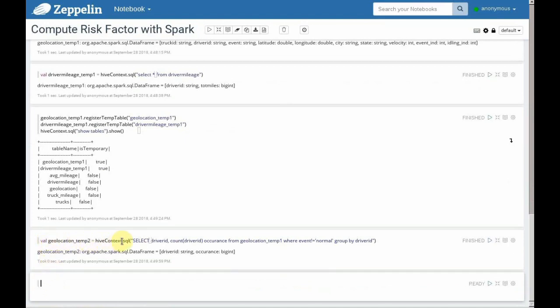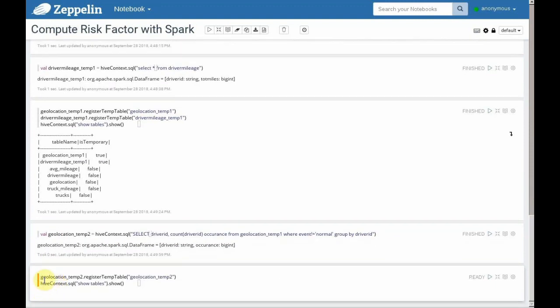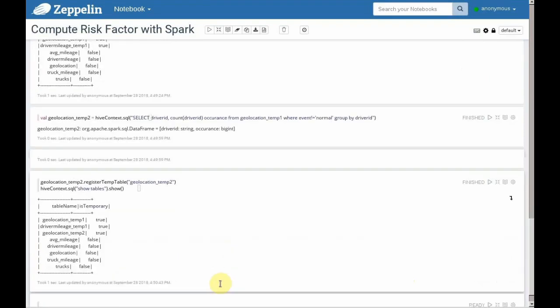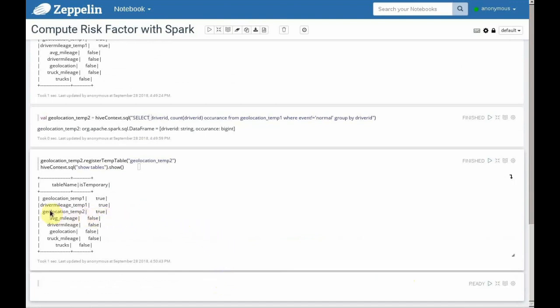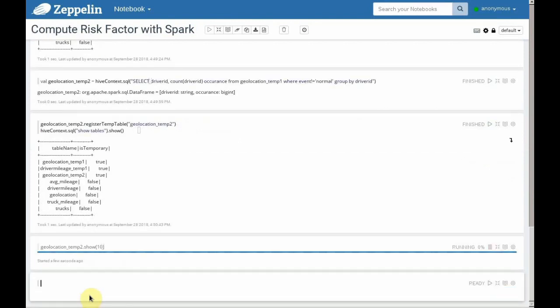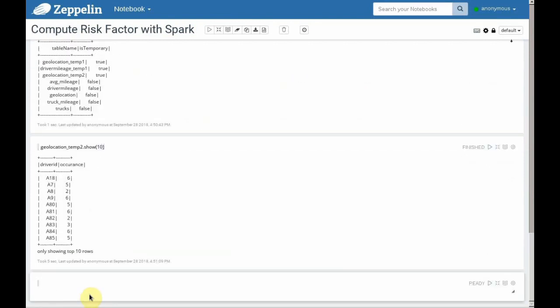And then we'll perform a count on the number of non-normal events for each driver ID. To be able to use this filtered data, we will need to write it to a new temporary table. We'll call the new temporary table geolocation temp2. And we can see that the new temporary table was created successfully. Let's show 10 entries from our filtered table. As we would expect, the table contains a list of driver IDs and the number of non-normal occurrences each driver